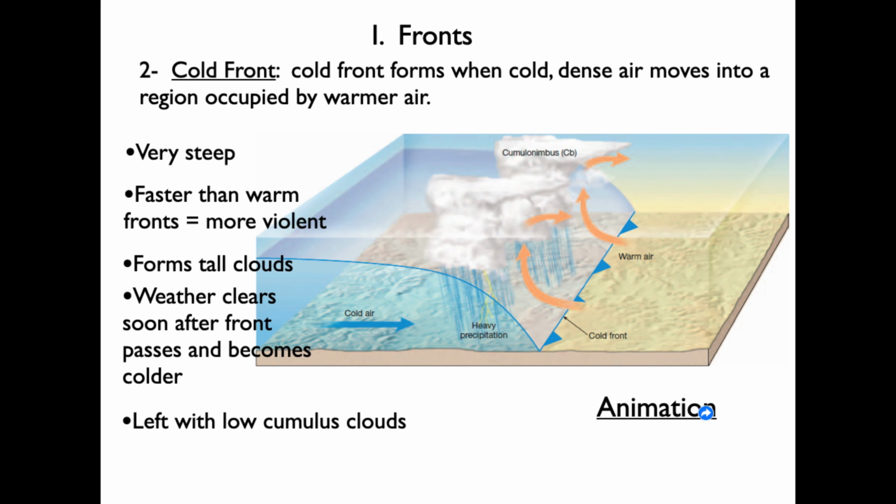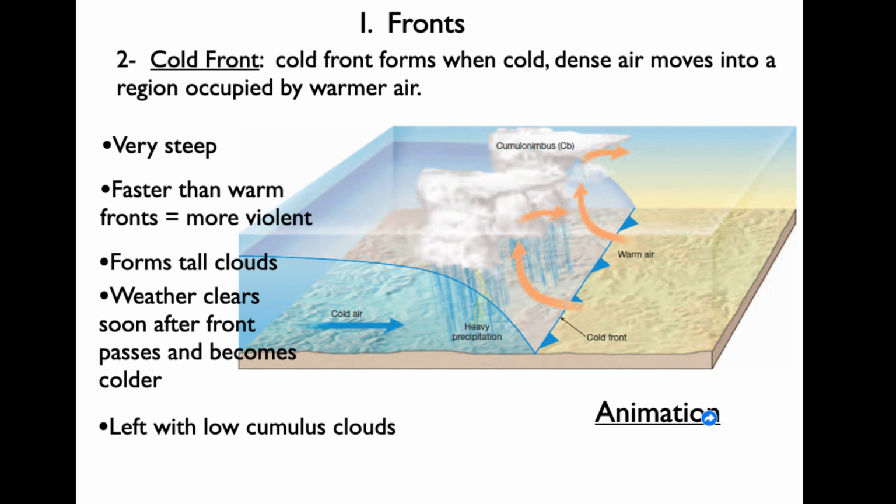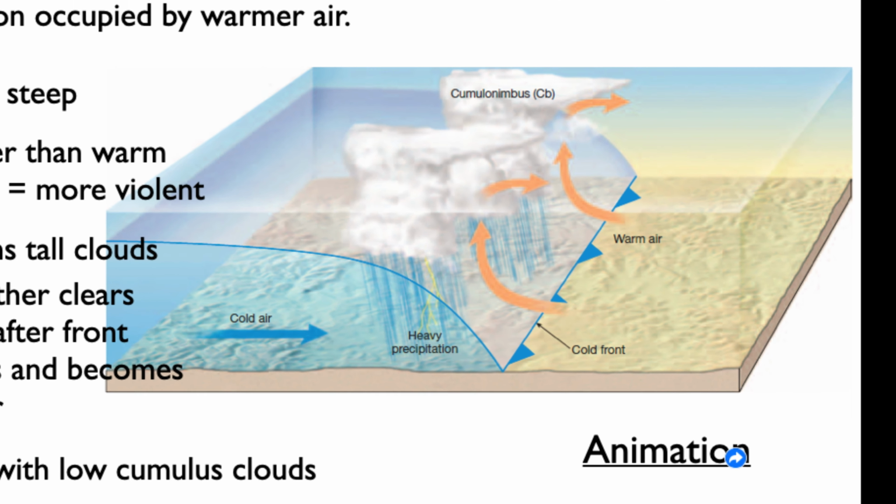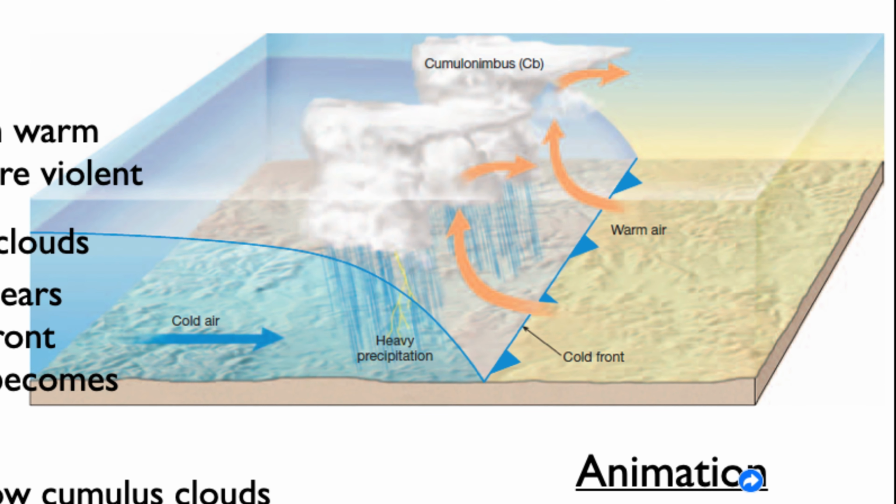The next type of front is a cold front. And so again, a cold front means that cold air is replacing warm air. Warm air being less dense, wanting to be lifted into the air. The cold air mass being more dense, wanting to stay on the ground. And so when these two air masses collide, the cold air is going to very easily and very rapidly lift up this warm air mass. And so a cold front has a very steep boundary between these two air masses,